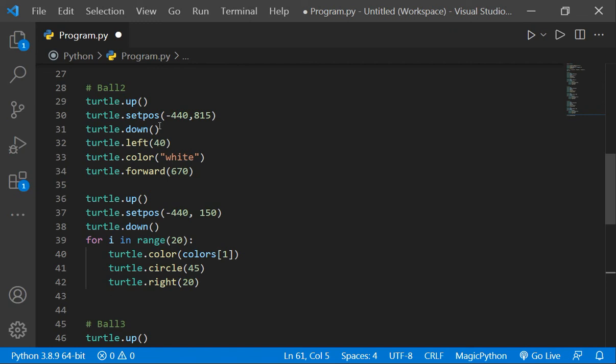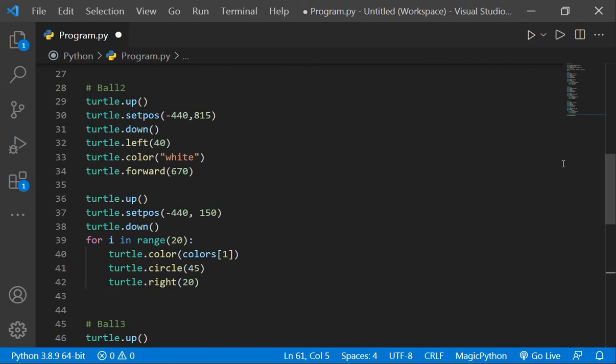Okay, next I have written turtle dot left 40, it will move towards left by 40 degrees. And then I have written turtle dot color white. As I told you, the color of the thread will be white, so that's why I have written turtle dot color white. And then I have written turtle dot forward.